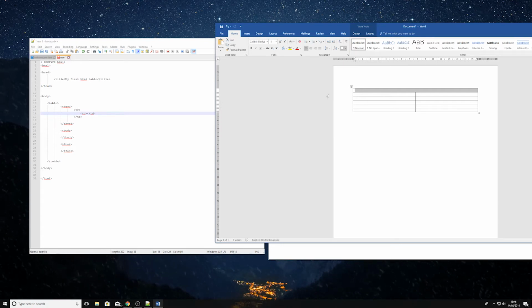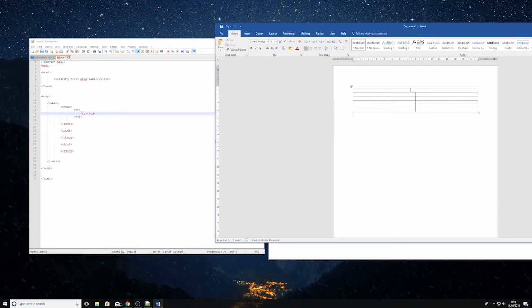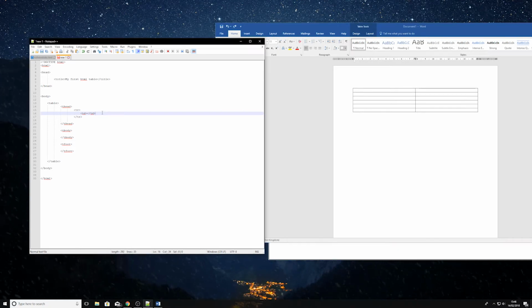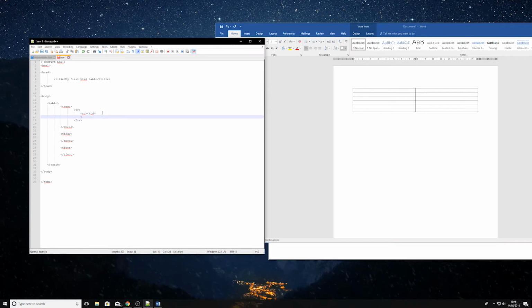Okay? If I want to add a new cell to make it look even in two columns, all I need to do is create another table data tag, like so. Now let's write something to actually see how this works. So if I type in now, for example, fruits and prices, and I save this file,